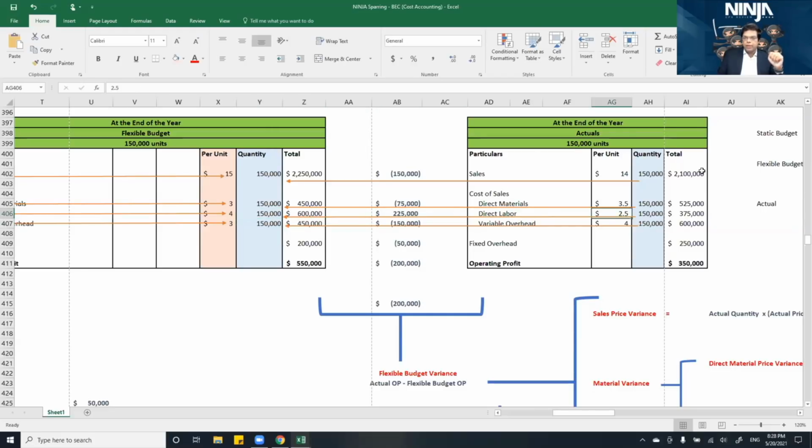Now, labor should have been, again, 150 into 4, 600,000, but it's a lot lesser. So I saved money. Direct labor is where I did a good job. How did I do a good job? I got them at a lesser price. I had to pay $2.5 per finished goods for the direct labor. Variable overhead was supposed to be 450. Here it's 600. I paid extra $1 per finished goods for variable overhead. Fixed overhead